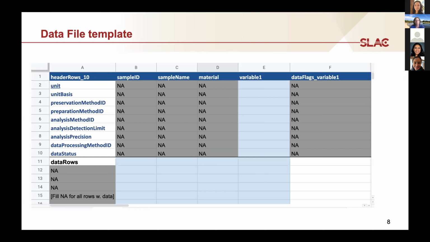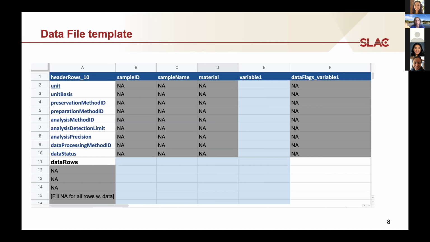And you'll see here that there are 10 header rows, so that might seem a little overwhelming. But it was suggested to me, and I like that idea, because then you keep some of the really important metadata